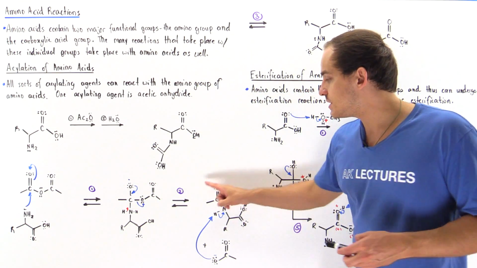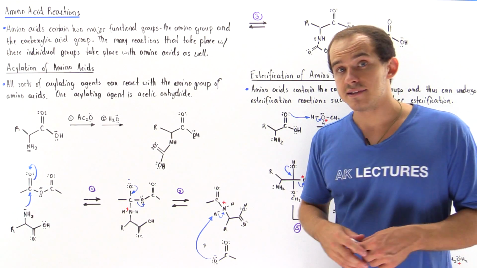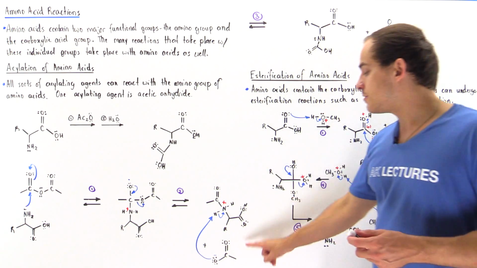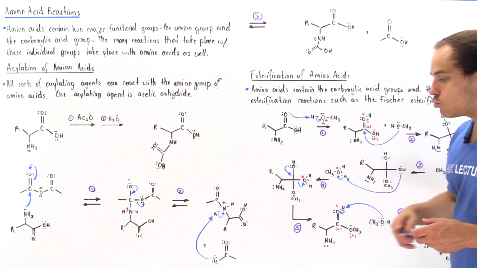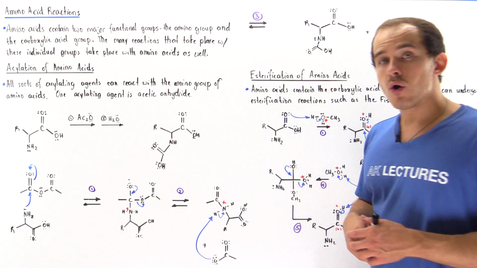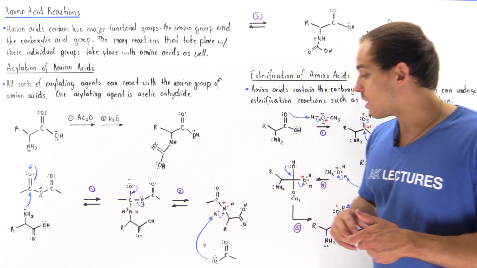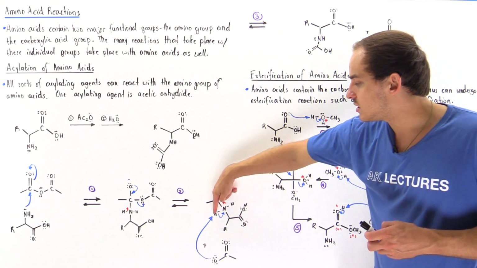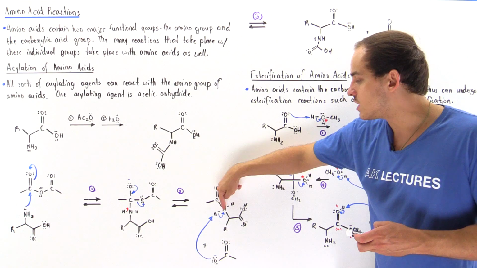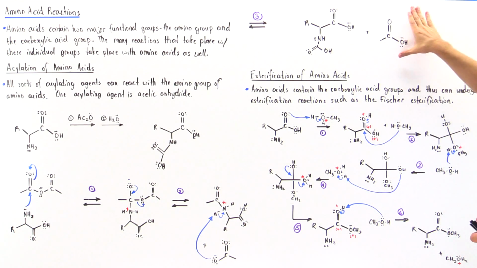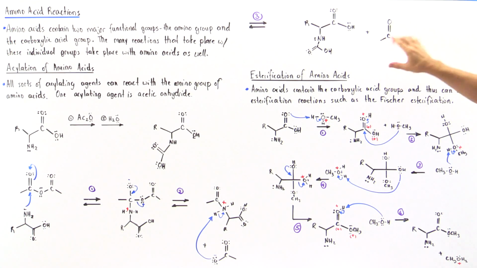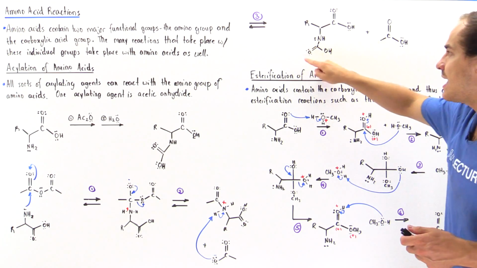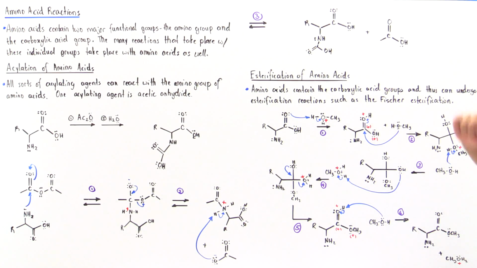And so we form this intermediate that still contains that positive charge on the nitrogen, and we also form this acyl group. Now notice that this contains our negative charge on our oxygen, and so this carboxylate ion basically deprotonates this H on our nitrogen, and we form this carboxylic acid as well as this final molecule that contains the acyl group on our nitrogen.